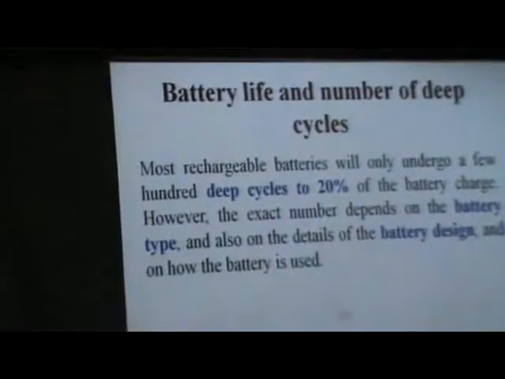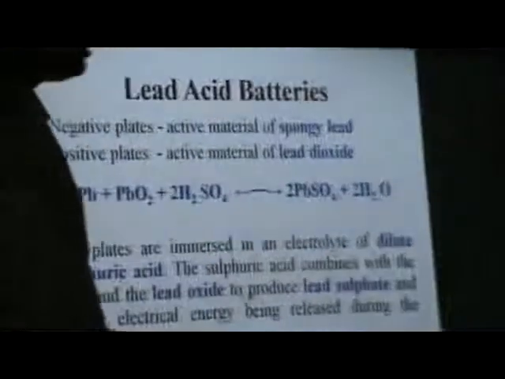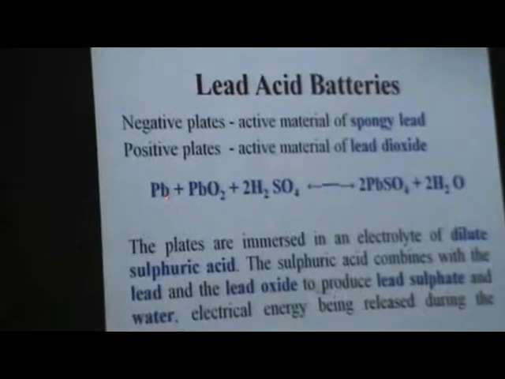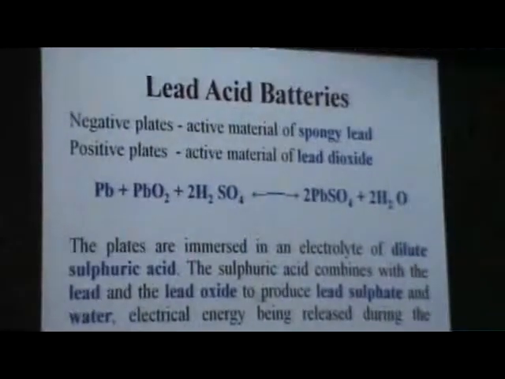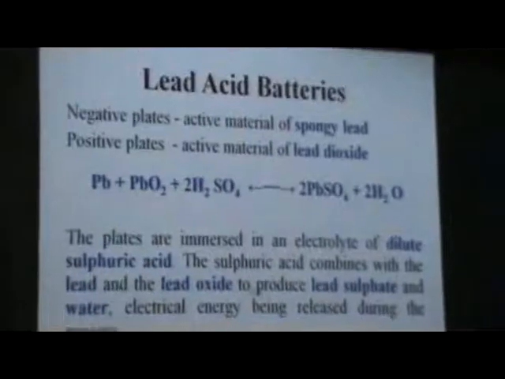Battery life and number of cycles. Already you have to mention the number of cycles, the number of times you charge and discharge, which is going to be the same. Go to the first one, the lead acid battery. The lead acid battery has only negative and positive plates. The two plates are there: one is a positive plate, one is a negative plate. For the positive plate, you have to provide lead dioxide. For your negative plate, you have to provide spongy lead. Combine the two, and some chemicals are added. It is lead acid that you add.